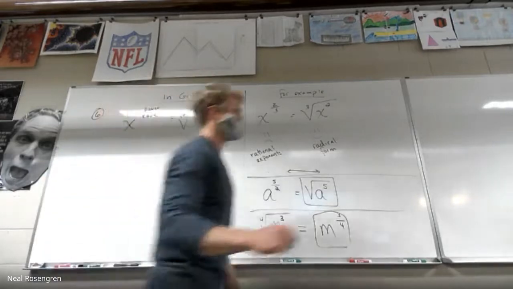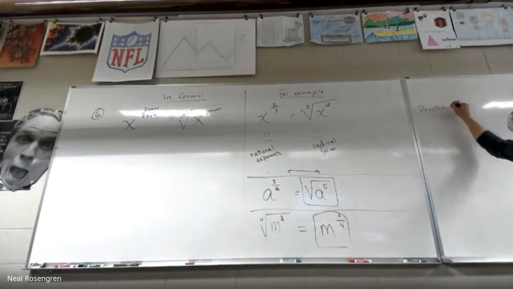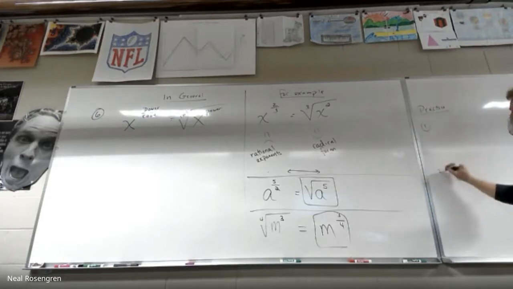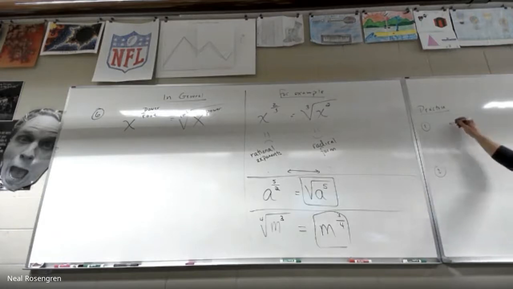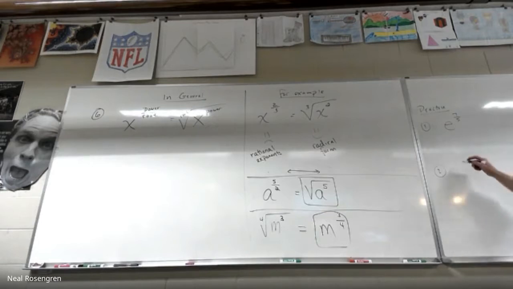There you go. Try these 2 just for practice, just to make sure you're good, because we talked through those. Try these 2, we'll call it a day. You don't have to submit anything, just add them to your examples if you want. E for Ethan. E to the 7/5. Write that in radical form. And then the